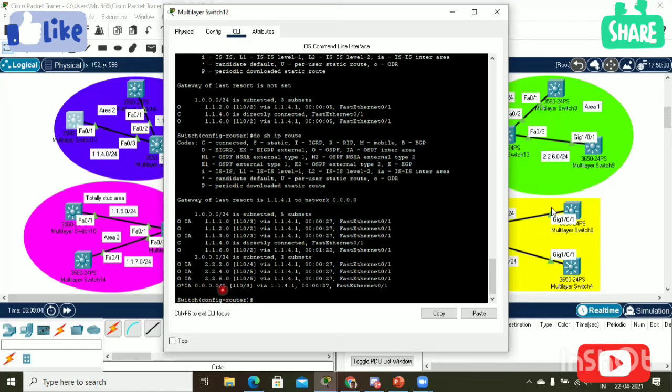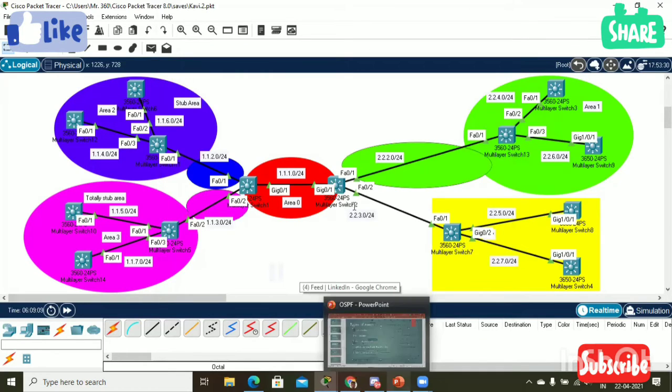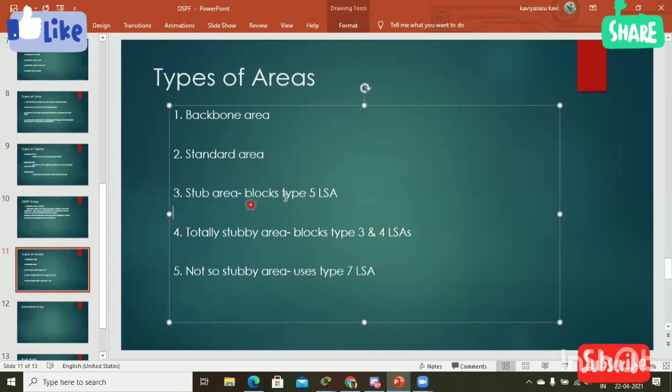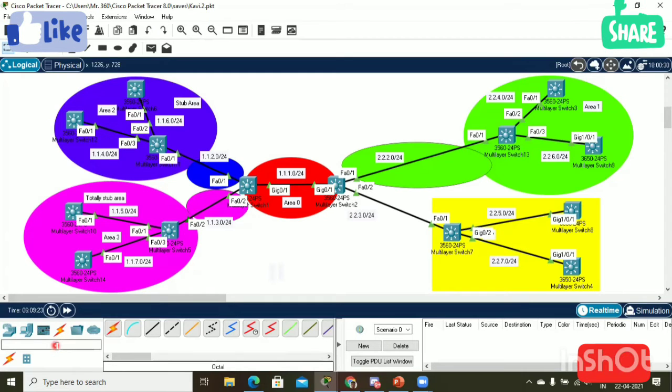Okay, so a stub area blocks type 5 LSA. Type 5 LSA means external LSA, which means RIP updates.